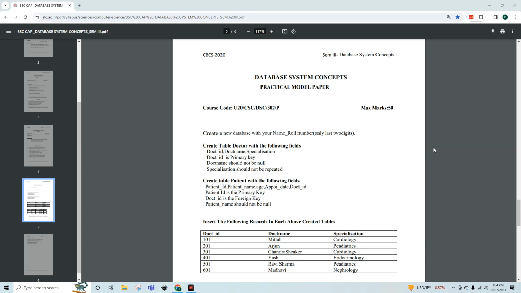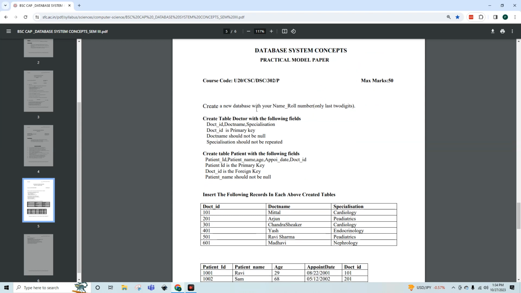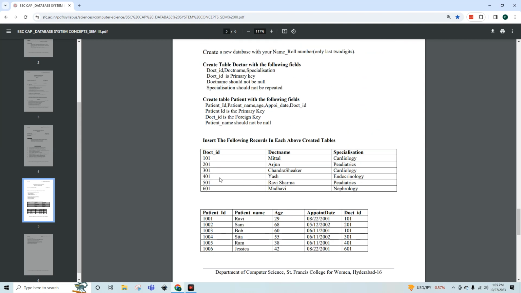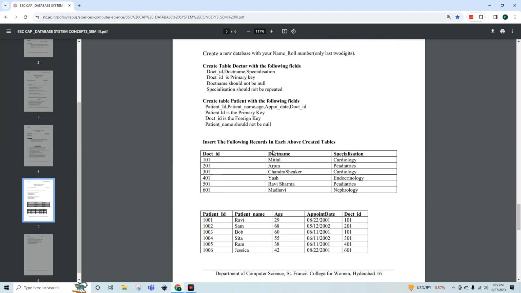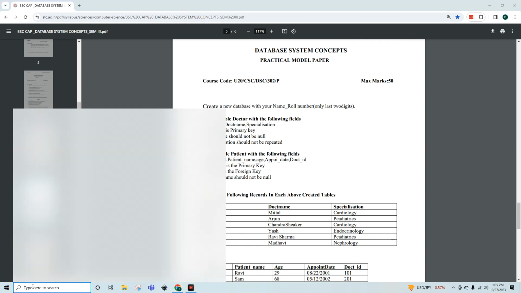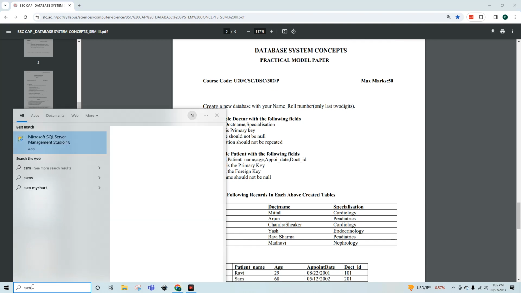Hello everyone. So today we are going to solve this practical model paper, which is the database system concept. In this, we are going to create a database and create these two tables with the following data that they gave, and then solve the following queries. So let's get started. First, let me open up my SQL Server Management Studio,